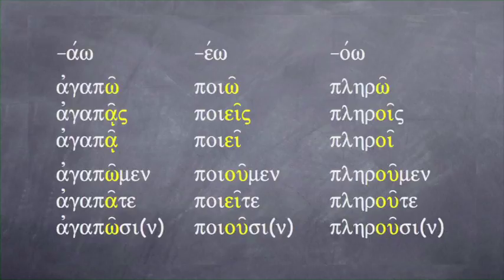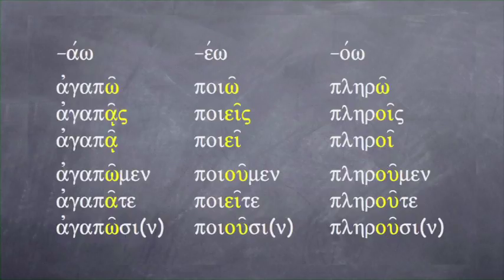One of the other things you should see in this paradigm, though, is the wonderful hint of the circumflex. That circumflex is always over the contracted vowel or diphthong. That's one of the clues that you're dealing with a contract verb. And as I said before, plērois and plēroi, second and third person singular, those are the tricky ones. They're not going to occur a whole lot, but they are tricky in terms of being able to parse them. So make sure that you pay close attention to them.